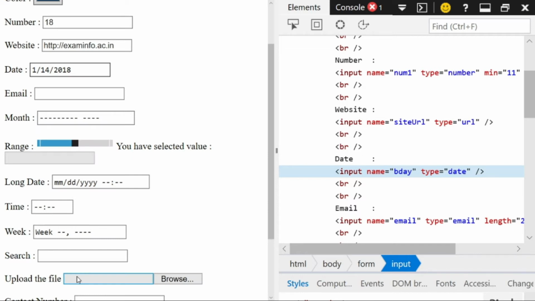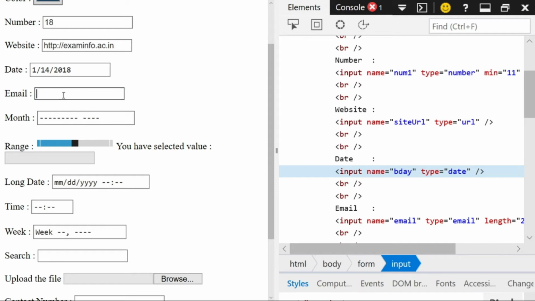Many times a user may enter an incorrect date, like a day which is greater than 30 or 31 for a particular month, or the month may also exceed 12. So when we are using input type equal to date, it helps us to avoid those incorrect values.